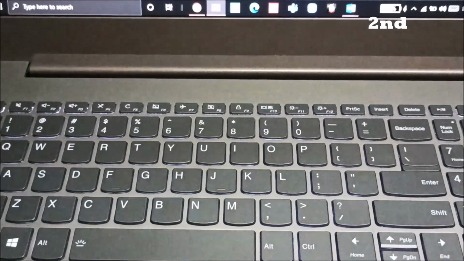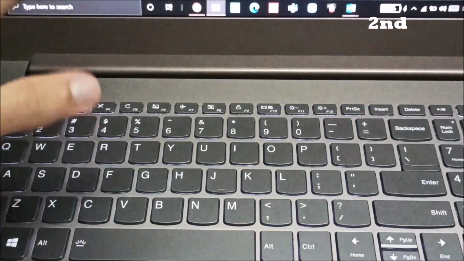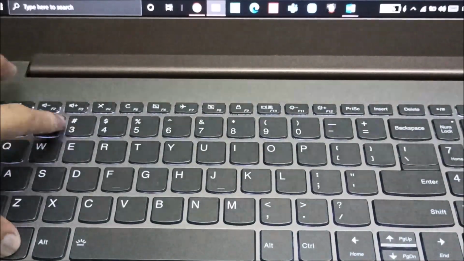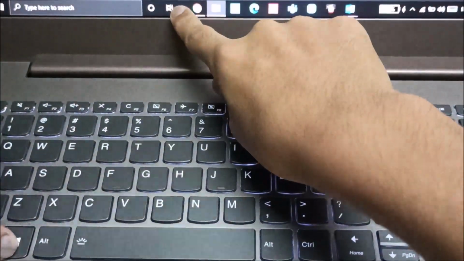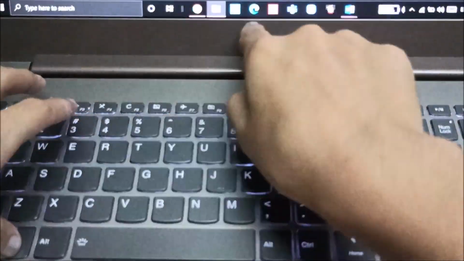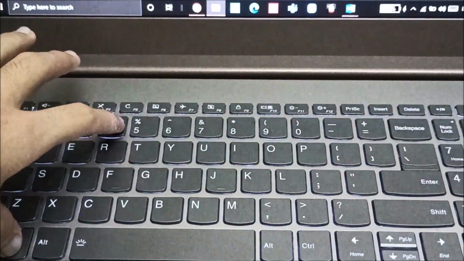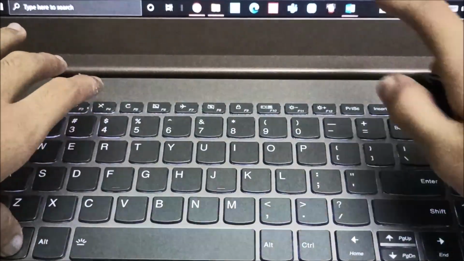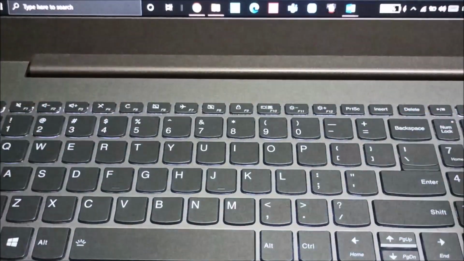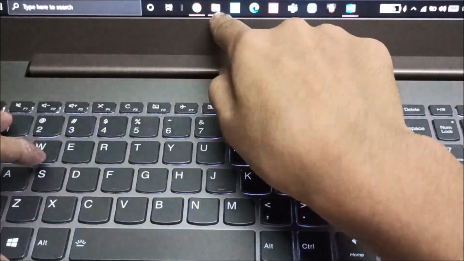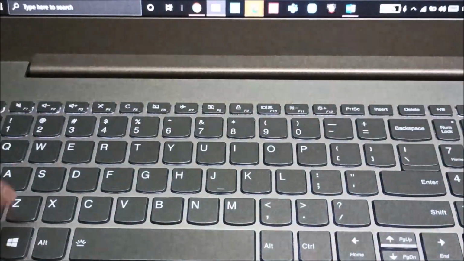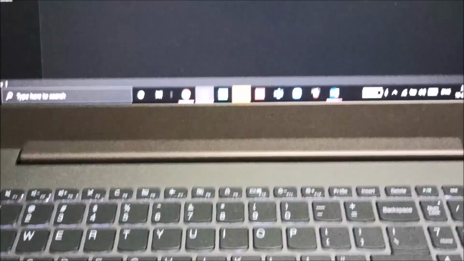So here's the second one. In the second one, we just have to take the Windows key and select any number of our choice, which will open any icon of the taskbar. Like if I want to open the fourth, Microsoft Edge, I can just click with the tab and then automatically Microsoft Edge will open. And if I want to open File Explorer, I can also select 2 and the File Explorer will open like this.